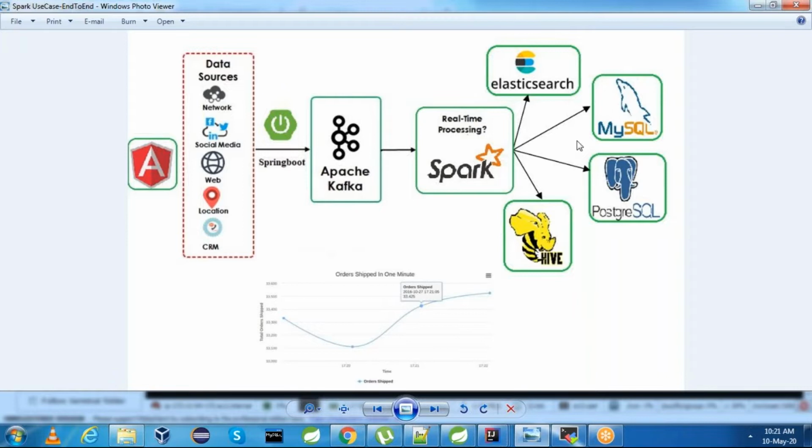First, I will try to write the code in the Windows machine and execute the Spark submit in our Windows machine. And once the Spark submit is working in local, then I'll launch an EMR cluster and I'll try to run the Spark submit on an EMR cluster. We are going to implement these things. With this, we'll get started with the implementation steps.